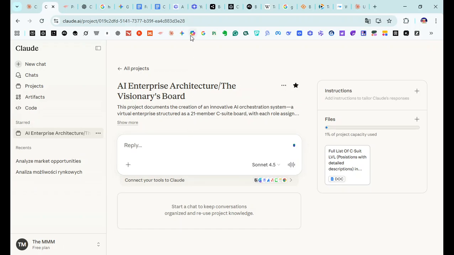That's so cool that you could just connect it to the G drive and pick a file and it's uploaded like this. This is so freaking cool.